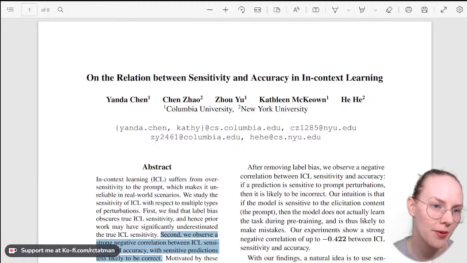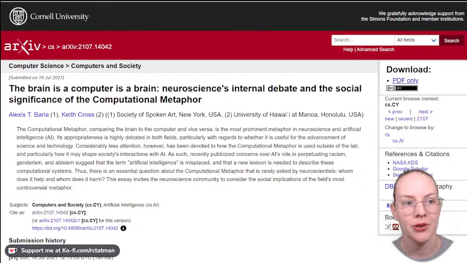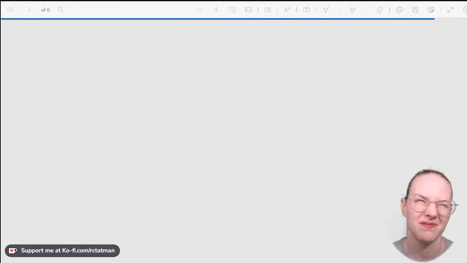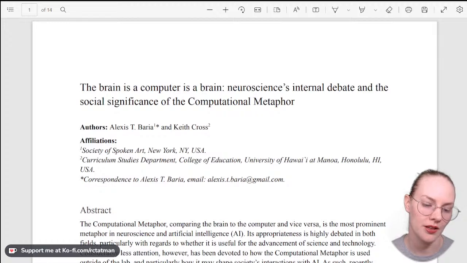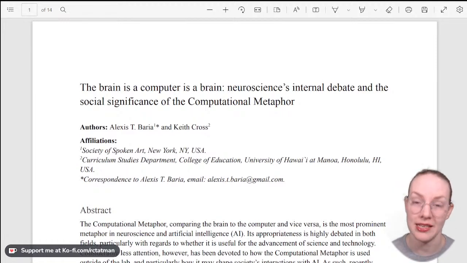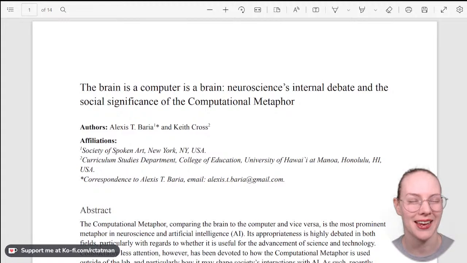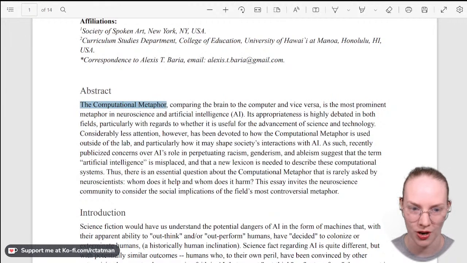All right, some more preprints. This one's actually from a while ago, from summer of last year, but we talked about it recently. We talked about it last week with Talia's thread that they wrote on how artificial intelligence attracts a lot of people with illusions of grandeur to the field, and how that can kind of be a problem sometimes. And this paper talks about the computational metaphor, comparing the brain to the computer and vice versa,